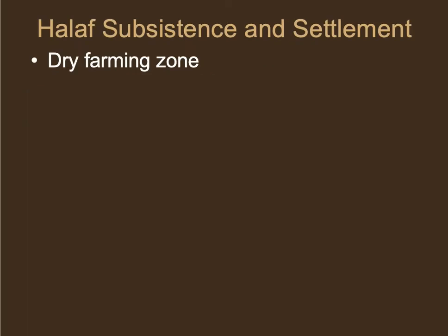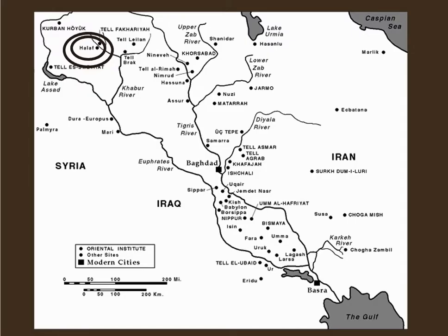The Halaf were in the dry farming zone in northern Mesopotamia. They had domesticated wheat and barley and animal herds like sheep and goat. They had some cattle, but not very much, although cattle were depicted on the pottery. Here you can see Tel Halaf, which was one of the first sites where the Halaf culture was identified. But we're going to look mainly at a site called Arpachiyah, which is one of the best known sites from